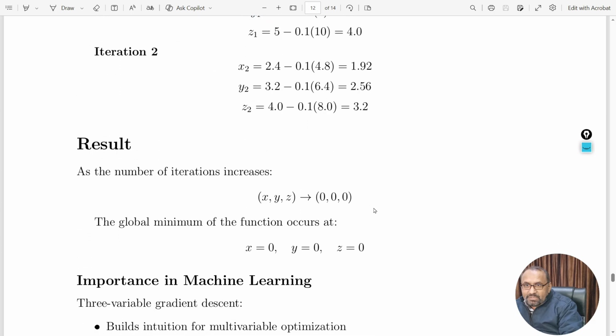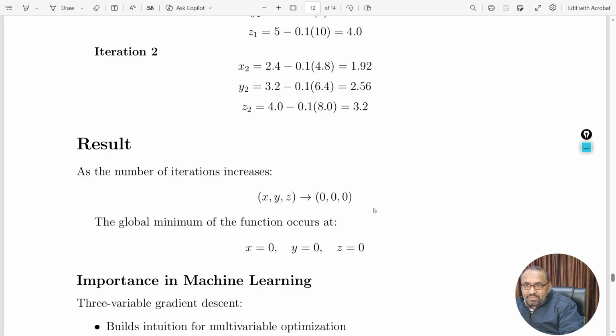Okay, x equal to 0, y equal to 0, and z equal to 0, this is the point where the function has the minimum value. And when you put all these values x0, y0, z0 in the above function, that is also 0. So these are the simplest examples to understand exactly how these values are changing and how the